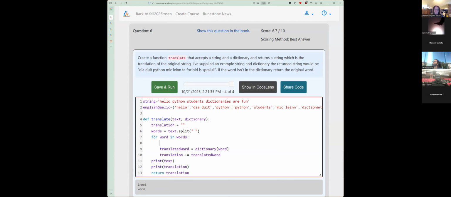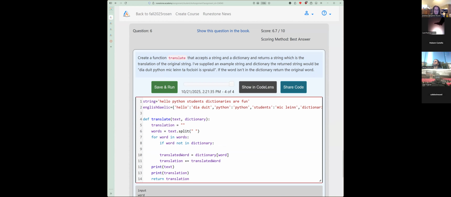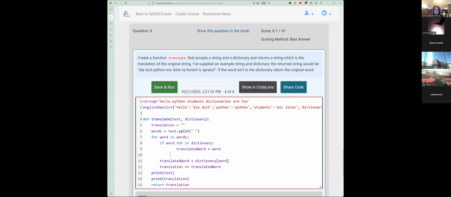So if word not in dictionary, very easy kind of check there, makes sense in English, then we're going to say translated word is equal to word. Else,